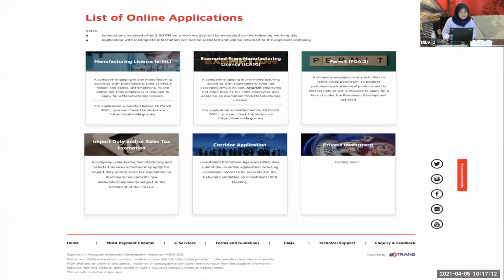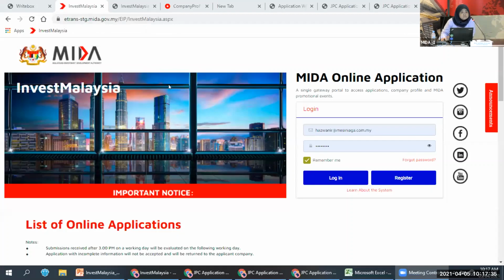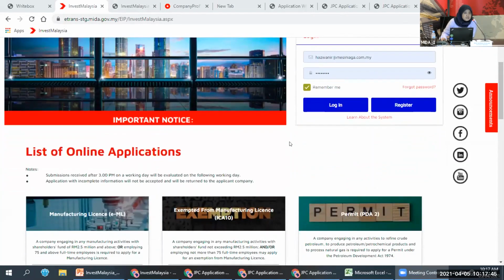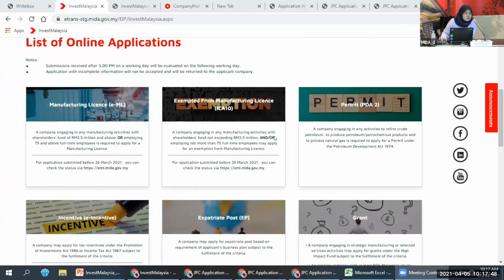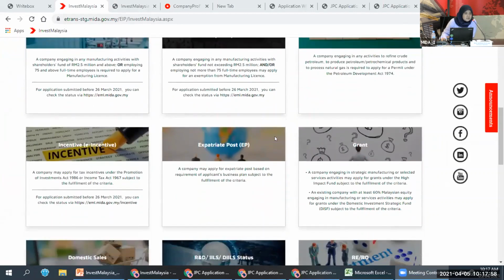Okay, so this is the website. You will be seeing the new login page, and then you'll be seeing the list of online applications that you can apply for in MIDA.